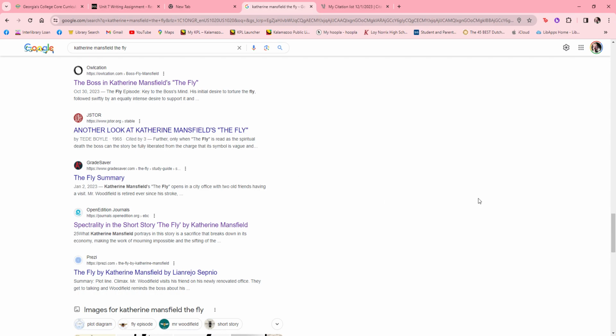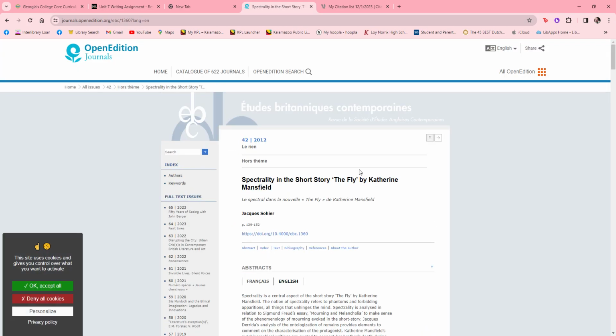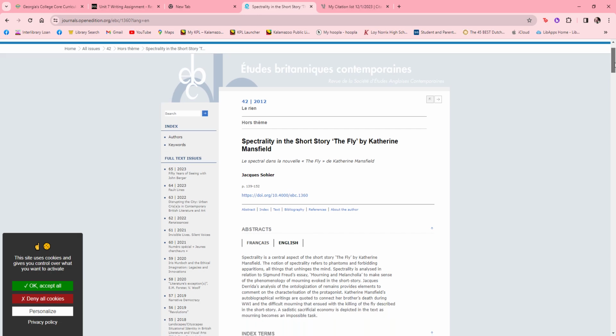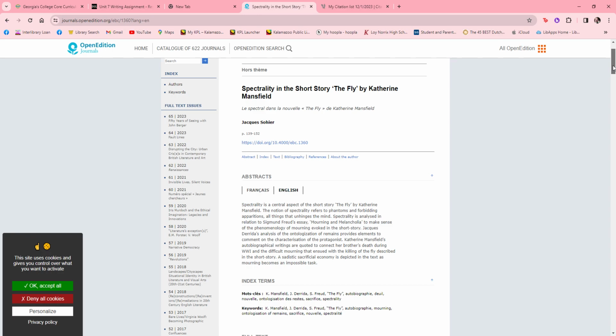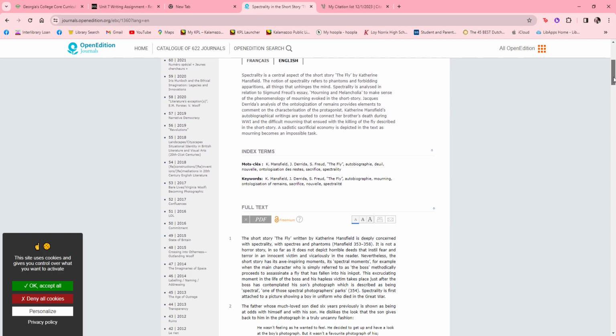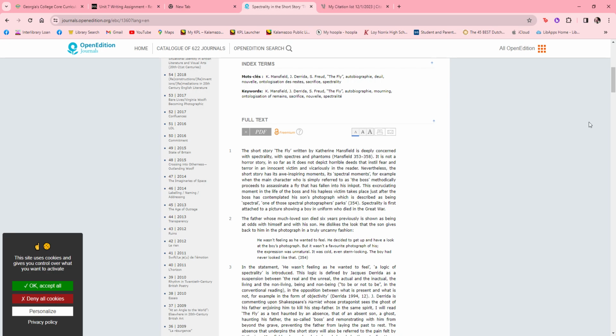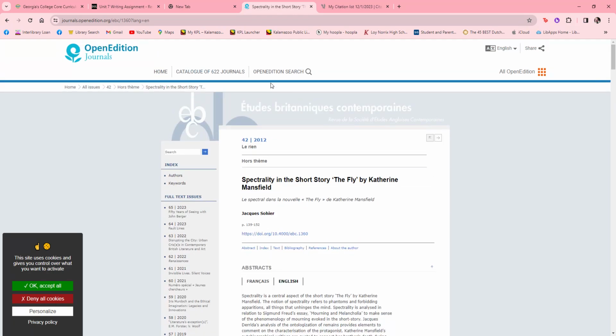So that's where, this is another one, the open edition journals. This is another academic source. And let's see, some of them will actually let you have access. This one says it's open edition, so I guess that means that you don't have to have a subscription to a library database for this one. This one would be considered an academic journal, and if you scroll down, you see that it does offer you the full text for this, so you can use it. But if you run into a scholarly article that you can't open in Google, all you need to do,